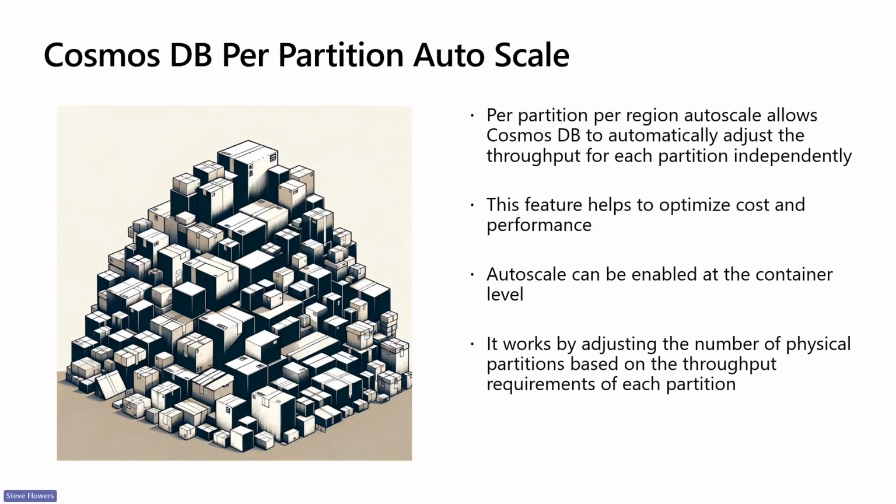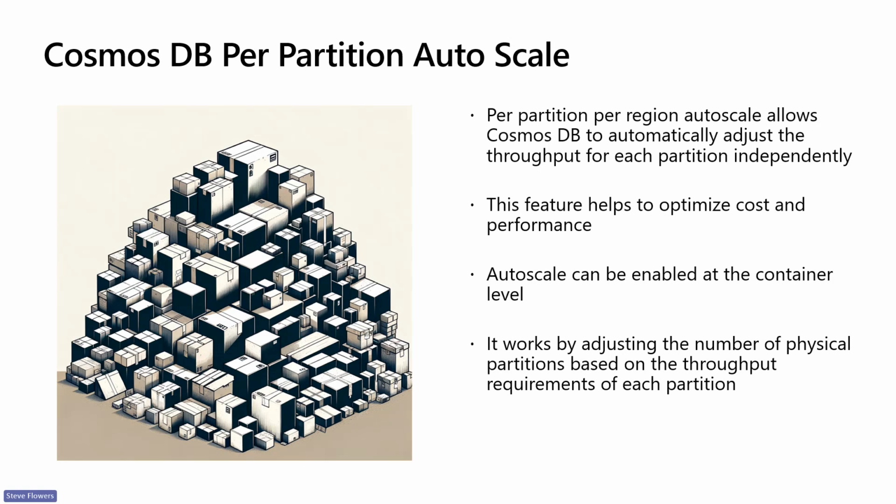And then finally, we have Cosmos DB per partition autoscale. This is in preview, where we're going to allow you to scale specific partitions in specific regions. So one of the biggest complaints we've had is that, hey, I have a secondary read region, but I don't use it for read. It's just there in case a disaster happens. Well, now you'll be able to scale down the RUs that are required, because right now scaling out requires a